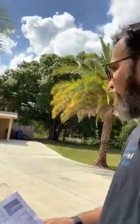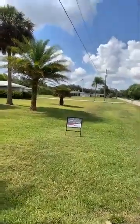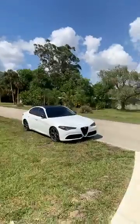So 3-bed, 2-bath. Single car carport, 1,651 square foot, half acre, built in the mid 60s. Great little neighborhood. It's all mostly older homes. Here, let me flip the camera. So all homes kind of from that same time period here,